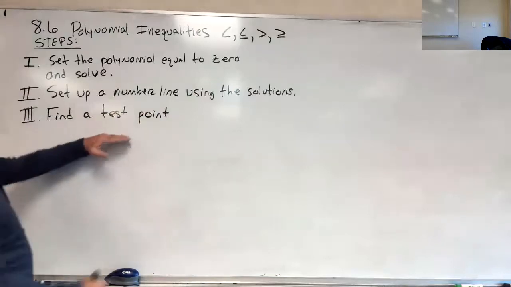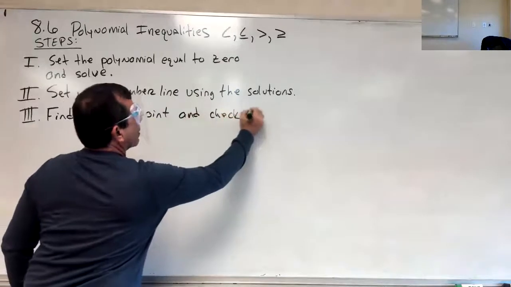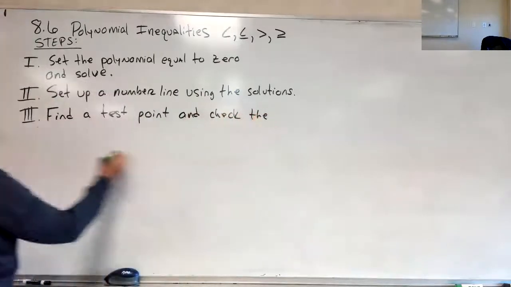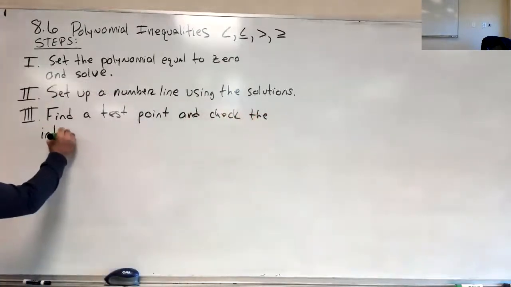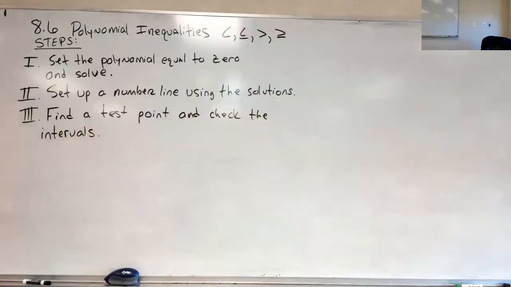So I'm going to find a test point and check the intervals. All right, because usually on most of these I'm going to have 3 intervals because I'll have 2 answers. Okay, so